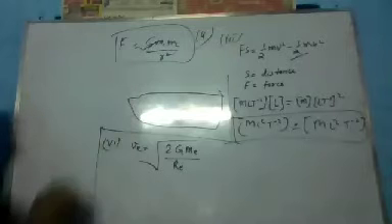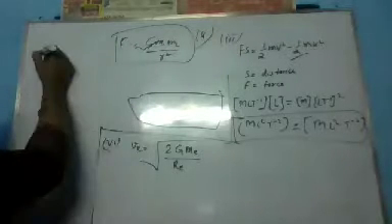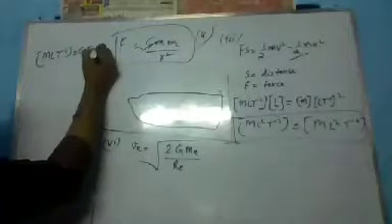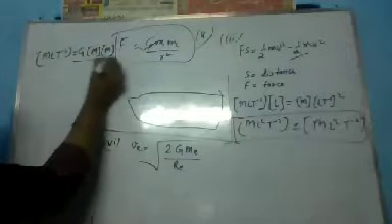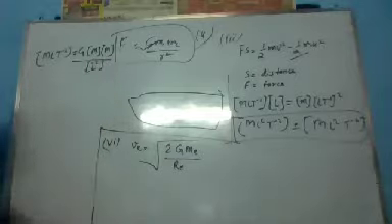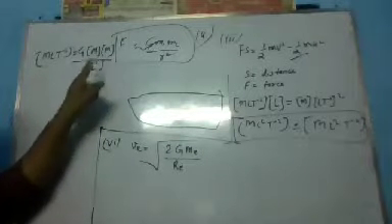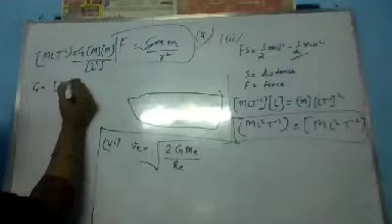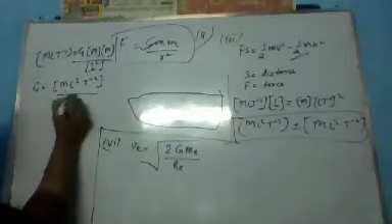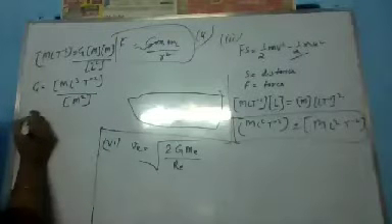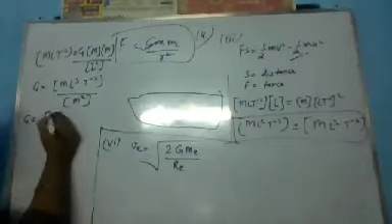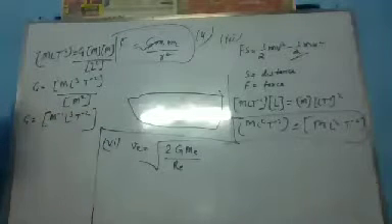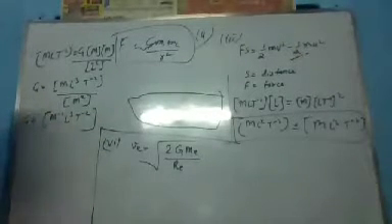From this formula, gravitational force F equals G m1 m2 upon r squared, you can easily find out the dimension formula of capital G. And if you can remember this formula, then very good. I can write like this: MLT^-2, G, M, and L squared. So here G equals M L cubed T^-2 upon M squared. So the dimension formula of G will be M^-1 L^3 T^-2. Is that clear? Yes, ma'am. Great.